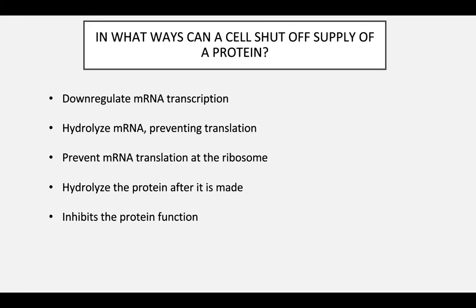However, the most efficient of all of these is blocking the transcription in the first place. It's more efficient because imagine you transcribe the gene, translate the message, create a protein, and then you decide, no, I don't need the protein, I'll degrade it or inhibit it. So the body typically prefers to block transcription in the first place.